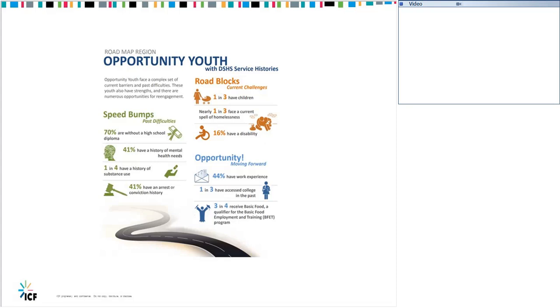Our favorite narrative about our friends who are in the millennial generation, right? That they don't want to stay connected to work, that they jump from job to job to job. Our opportunity youth are, according to research, twice as likely to stay connected to employment as their more traditionally measured peers. So not only are they a great resource to engage in your employment offerings, they're more likely to stay. Additional bonus fun fact, Generation X no less likely to jump from a job in their early 20s than the millennial generation. So you can share that one over dinner conversations tonight and see if you can stump your family.